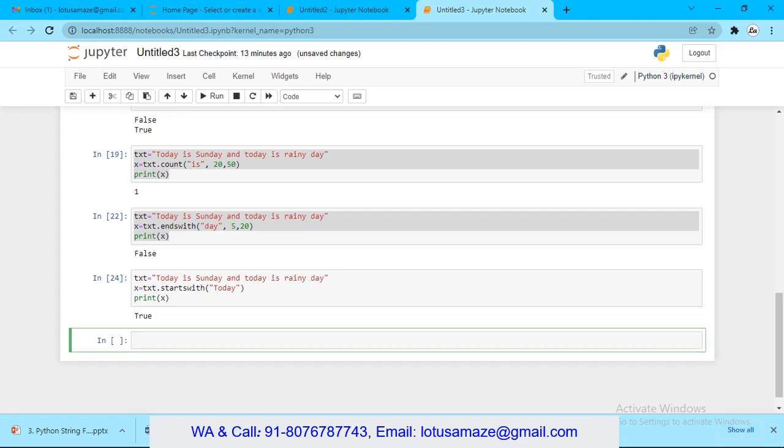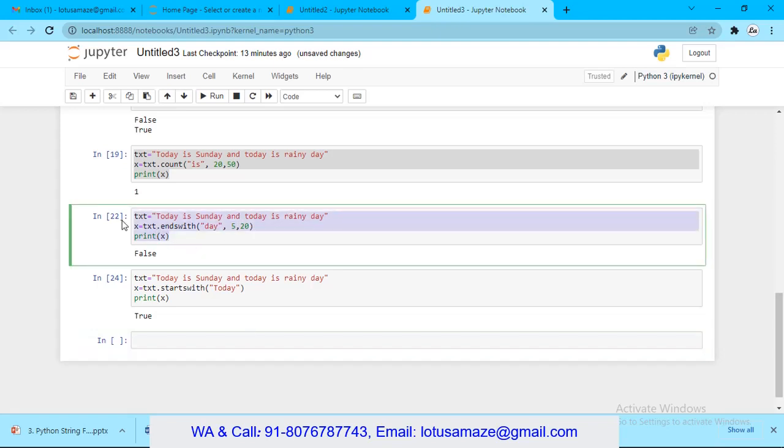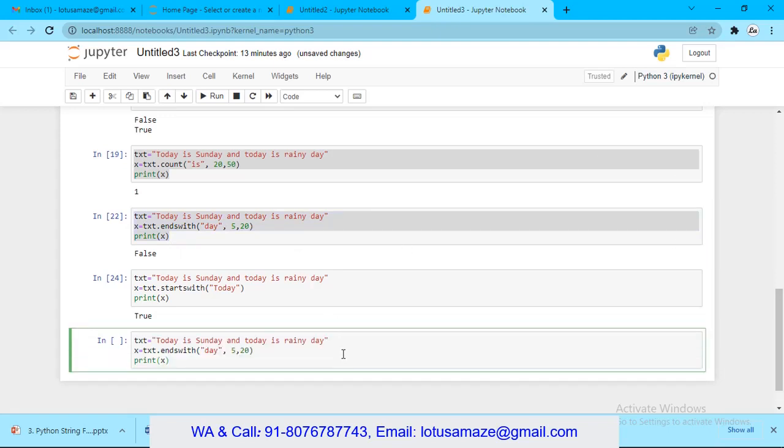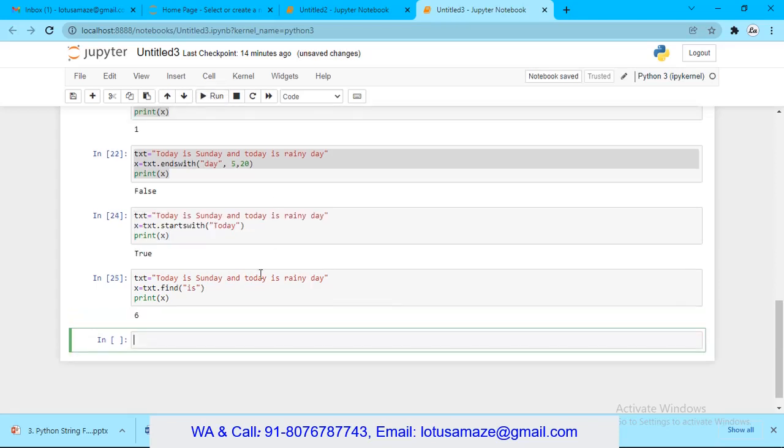So next is the find function. The find function searches the string for a specified value and returns the position where this value is found. For example, let's use the same string, and now I want to find "is". It will return the index number of "is".